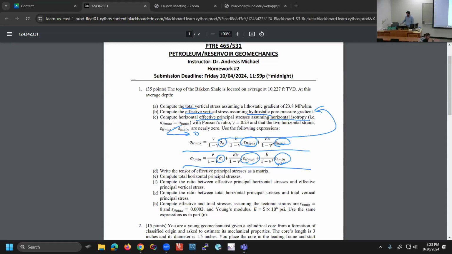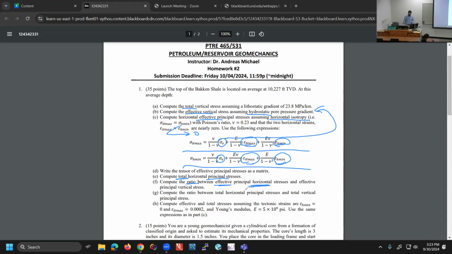Again, very easily. Principal is a keyword here. Compute the total. Oh, and total. Total. Don't give me sigma. Give me S. Compute the ratio between the effective principal horizontal stresses and the effective vertical principal stress. So here you want a ratio between effective horizontal,